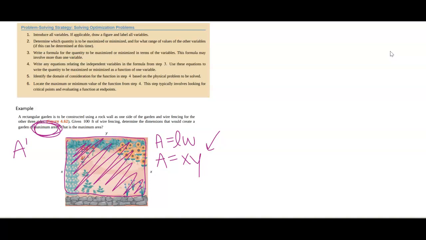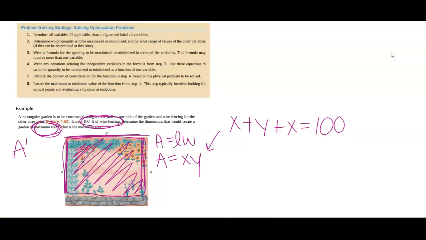So remember I said before, two equations, two unknowns. There was another piece of information that's super, super important given in this question, and that is 100 feet of wire fencing. Now the rock wall doesn't count. The wire fencing has to go here, here, and here. So X plus Y plus X must be equal to 100. I'm going to use all of that fencing possible for my garden here, where I know that